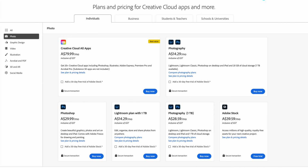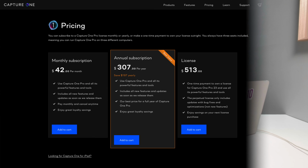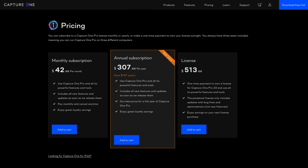Here in Australia, Adobe's photography bundle, which includes Lightroom CC, Lightroom Classic, Photoshop, and Photoshop Express, the mobile app, costs $14.29 a month or $171 a year. Opt for the Lightroom only package and it costs the same but comes with a terabyte of cloud storage space. Meanwhile, an annual subscription for Capture One costs $310 here in Australia, and if I want to buy it outright, it'll cost me